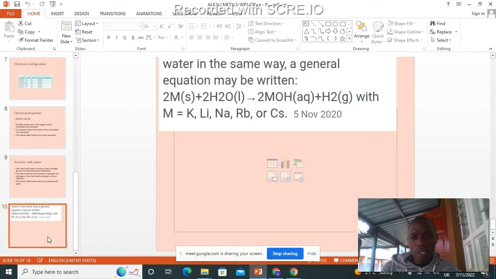We have some examples of the reactions of these elements. We have the general reaction with water. We can take, for example, the letter M. When M reacts with water, we get M hydroxide plus hydrogen gas. For example, we can take any metal in group 1, such as lithium. We substitute it for M. When we react it, we get lithium hydroxide and also hydrogen gas. All group 1 elements, when they react with water,